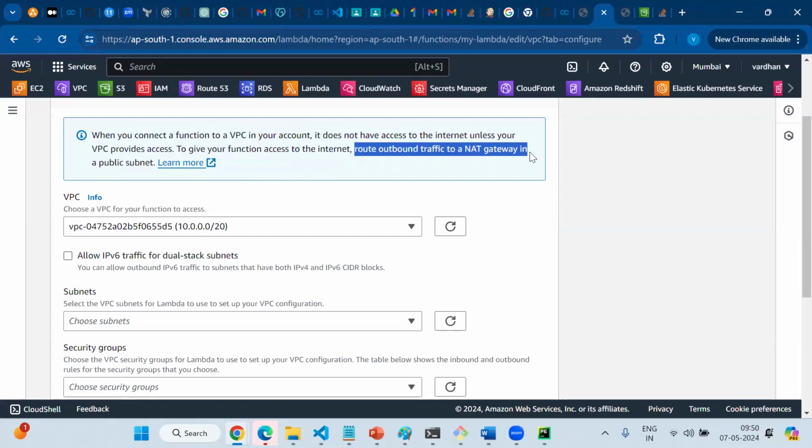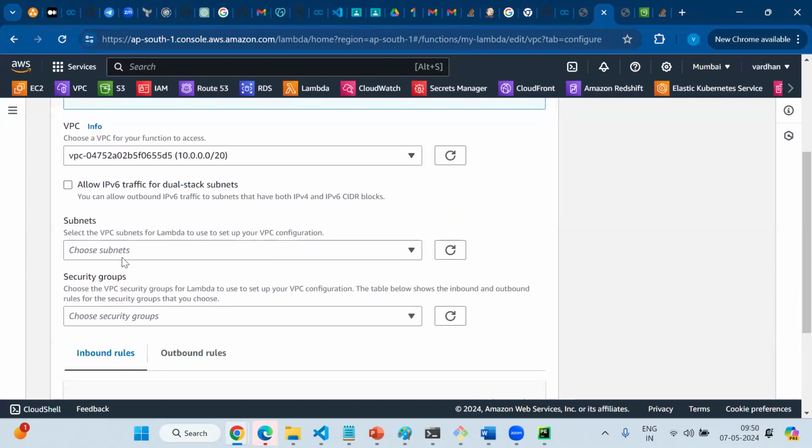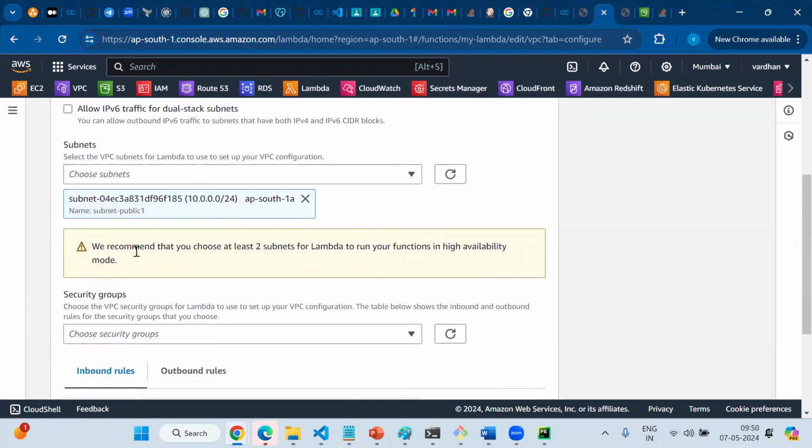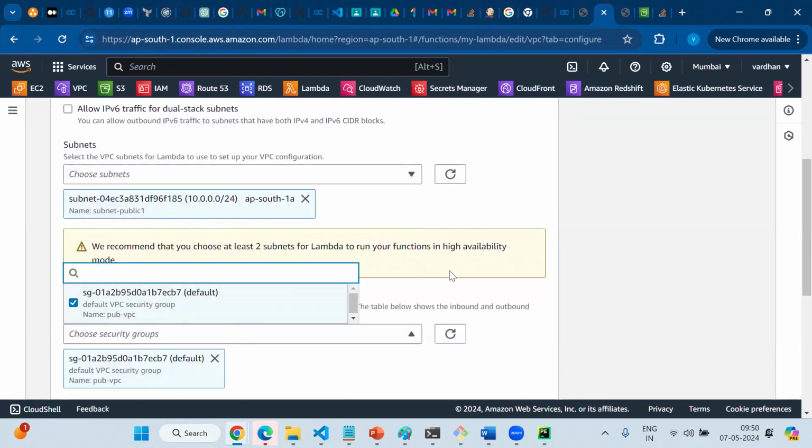In this case, what you need to do to give your function access to the internet is route the outbound traffic into a NAT gateway in a public subnet. Same thing, we need to implement a NAT gateway concept. So if you can give a VPC subnet,